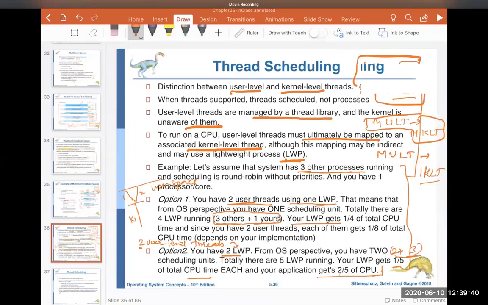Now in the previous case, what was happening? Because the single lightweight process which was created for me was getting 1/4, and this 1/4 is divided into 2 user level threads, each user level thread would get 1/8 of the total CPU time. So it might be a little complex to understand, but if you could visualize it, what I mean to say is